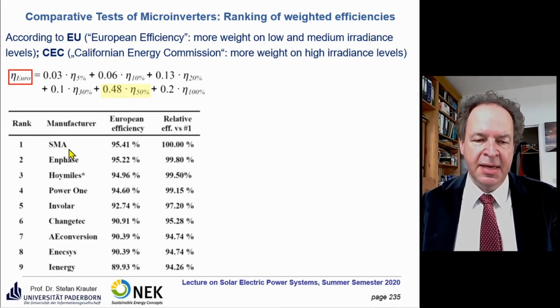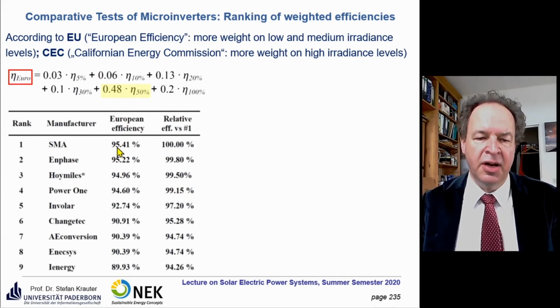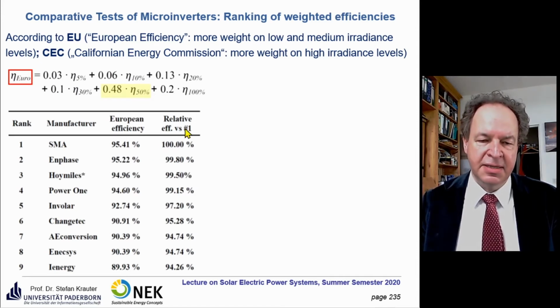And this is a ranking of the different manufacturers. So here SMA was the best with the European efficiency of 95.41%. This is relative to the best, so it's 100%, because it's the best. Enphase is only a little bit worse. So you see here it's only a difference of 0.2% towards the best,